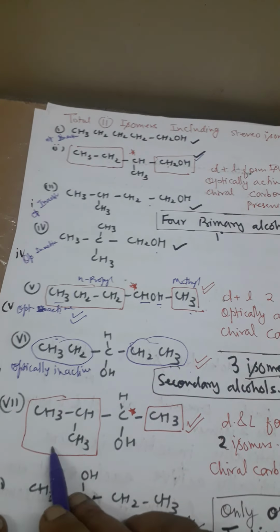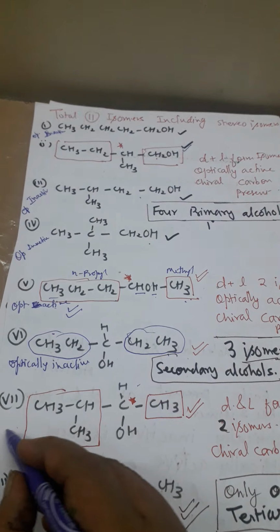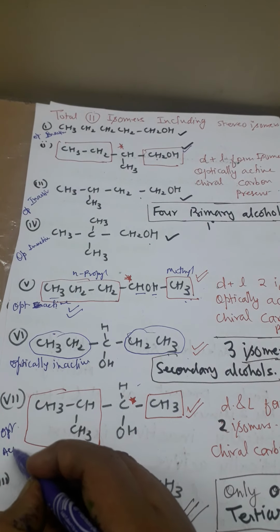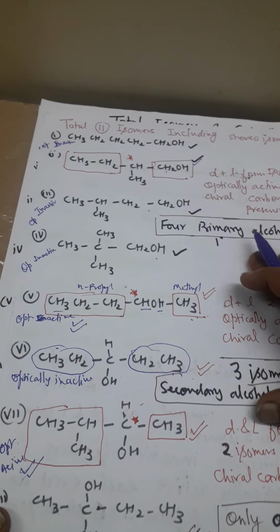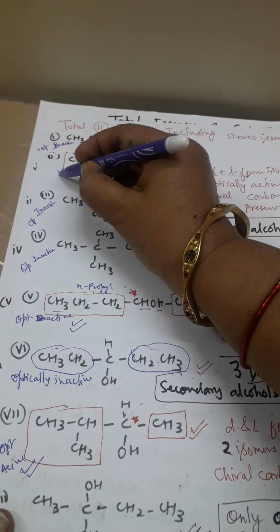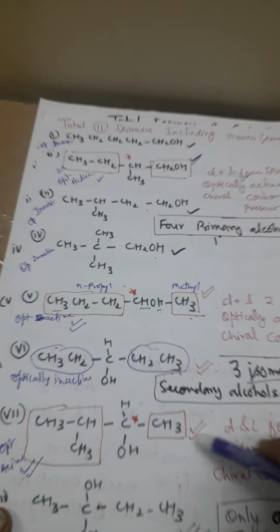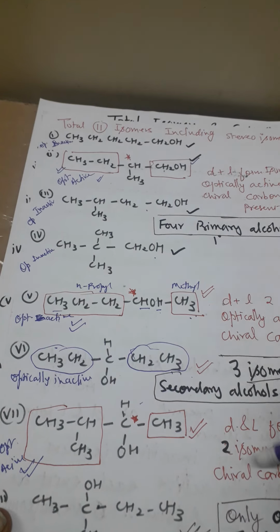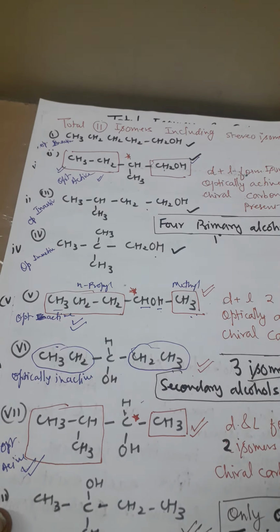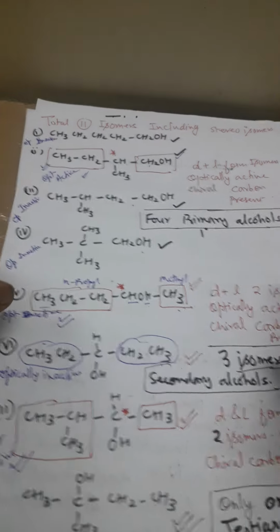Now this is also optically active. The star I made, this is optically active, so I will make a double click over here. Optically active. Clear? I have given a double click. So 2 optically active means D and L forms. See, D and L form here, D and L form here, D and L form here. So total 2 to 4 to 6, and 5 are optically inactive. So total 6 plus 5, 11 isomers we will get from the given molecule.